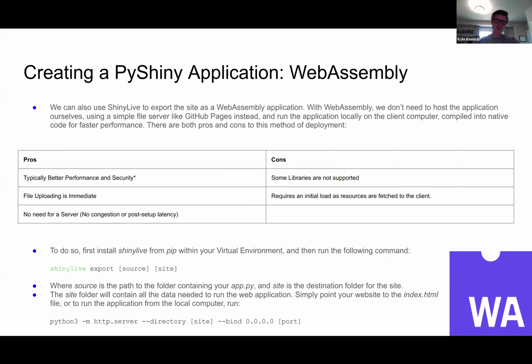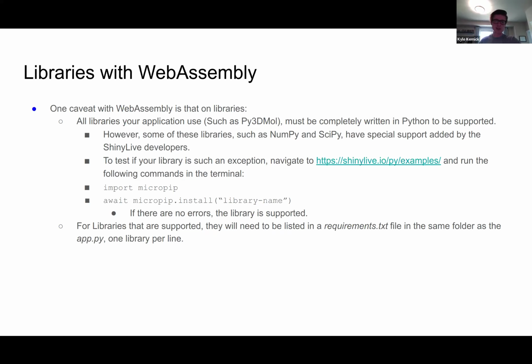Pretty much all of the libraries that you use in your application, if you want it to run in WebAssembly, have to be completely written in Python, or in the tech jargon term, it has to be a pure Python wheel. The issue is that Shinylive uses this thing called Pyodide in the backend, which pretty much takes Python and converts it to WebAssembly. So if you have a library that is written in components of C or C++, Pyodide doesn't know how to interpret that and compile it down into WebAssembly and link it with the rest of the application. So it needs to be pure Python, which you can find pretty easily by just going to